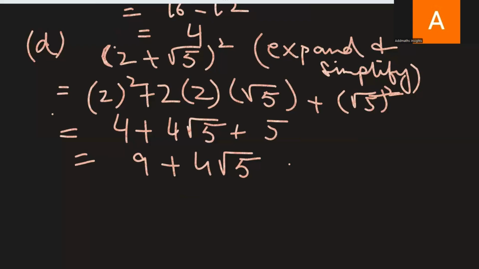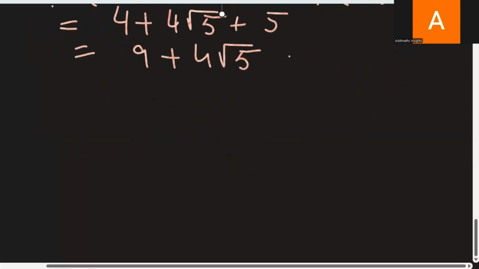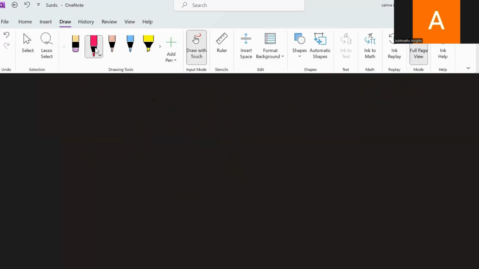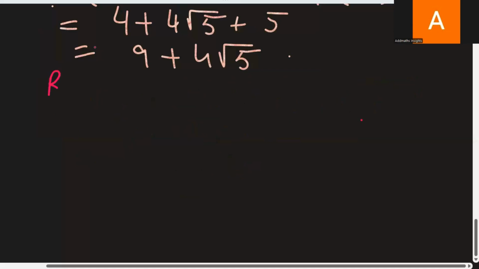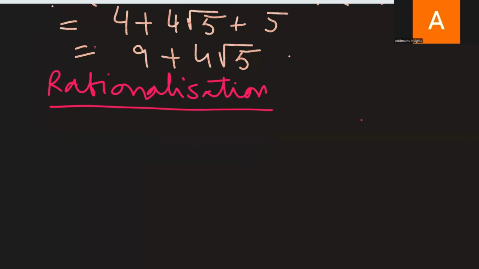So we are starting the next topic, rationalization. Rationalization means to remove a surd from the denominator, that is, to change an irrational denominator into a rational number, right? And what do we have to do to rationalize it? For example,